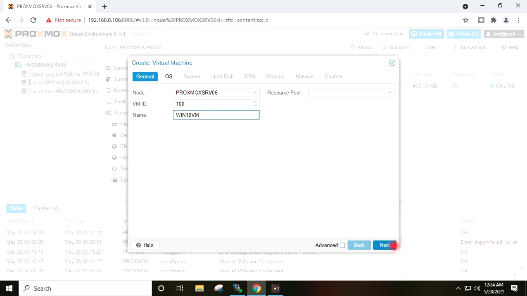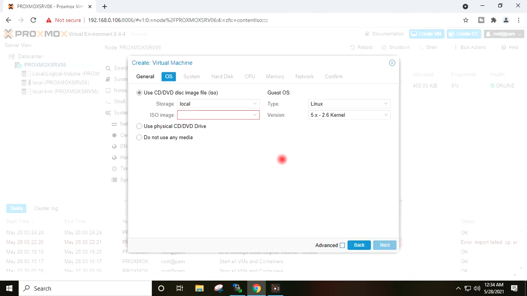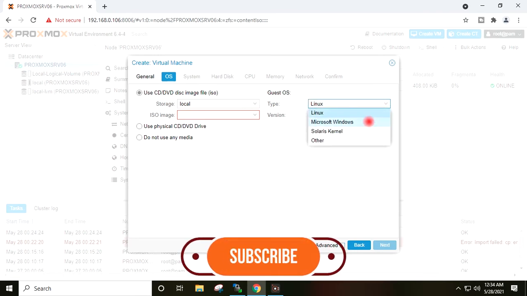Next, operating system option. In the type, I will select Microsoft Windows. Version, I will select 10.